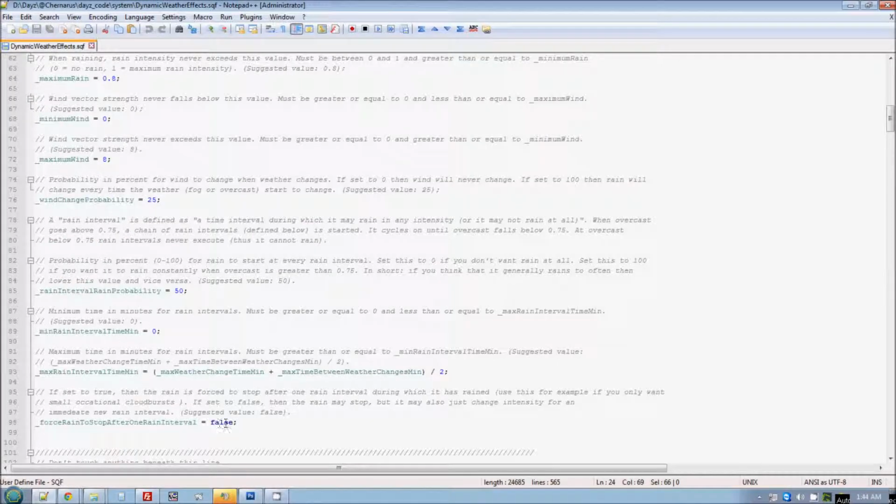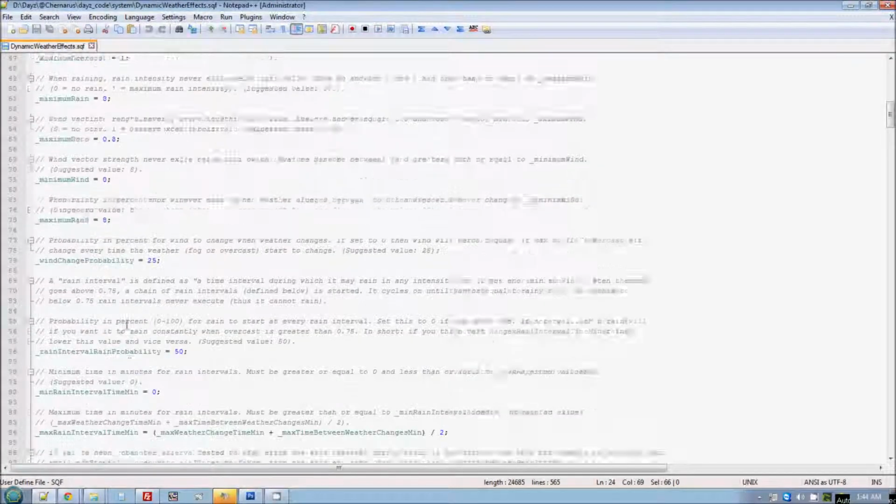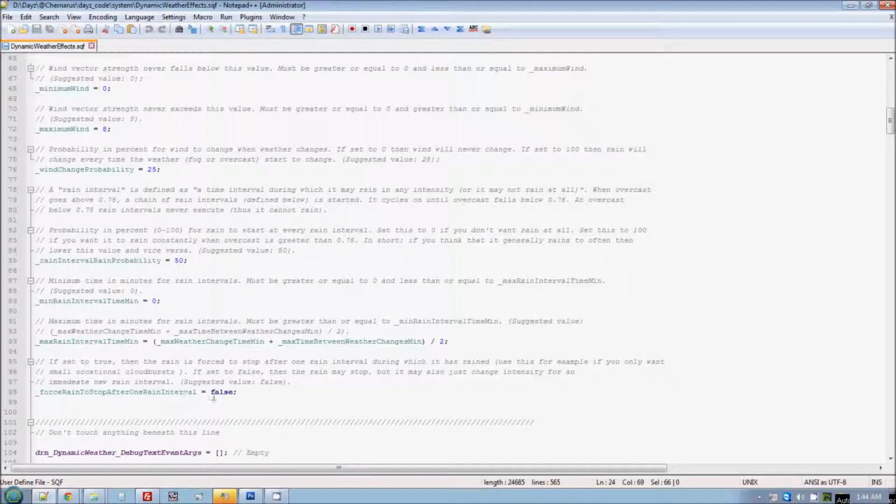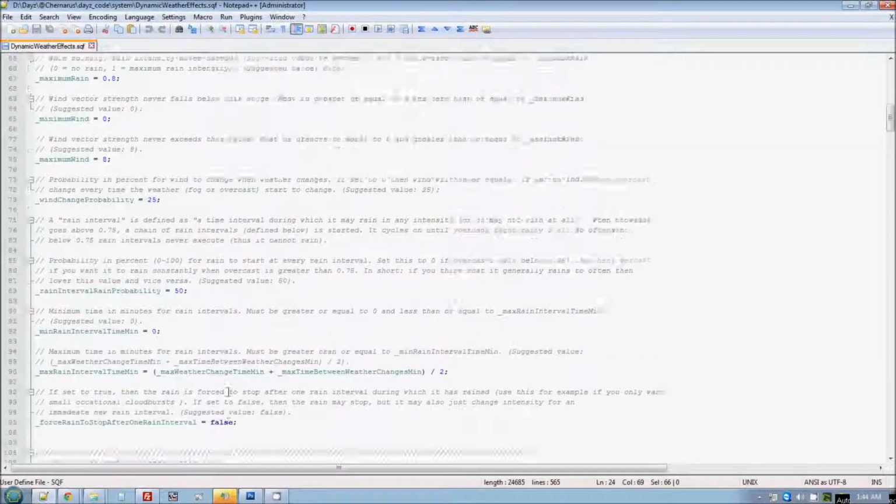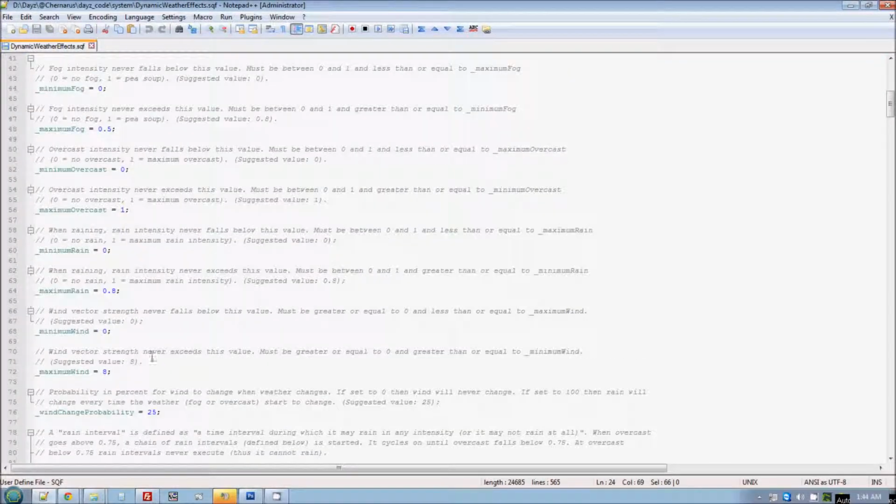And then do you want it to stop, or do you want it to possibly continue after it rains? So it rains one time. It might rain for, well, of course, up before we had the weather, so 5 to 10 minutes it'll rain for. Do you want it to stop after it rains 5 to 10 minutes? Yes or no? So what most people usually change in these dynamic weather effects, they really want to have clear skies. So all you have to do is you've got the minimum overcast is 0, and the maximum overcast